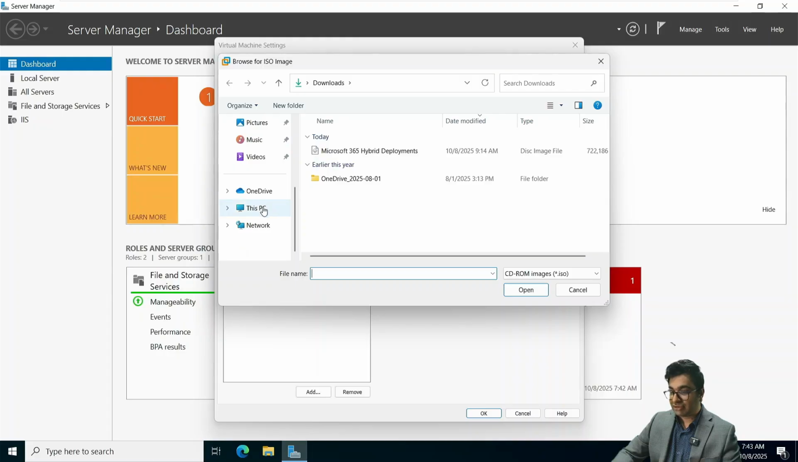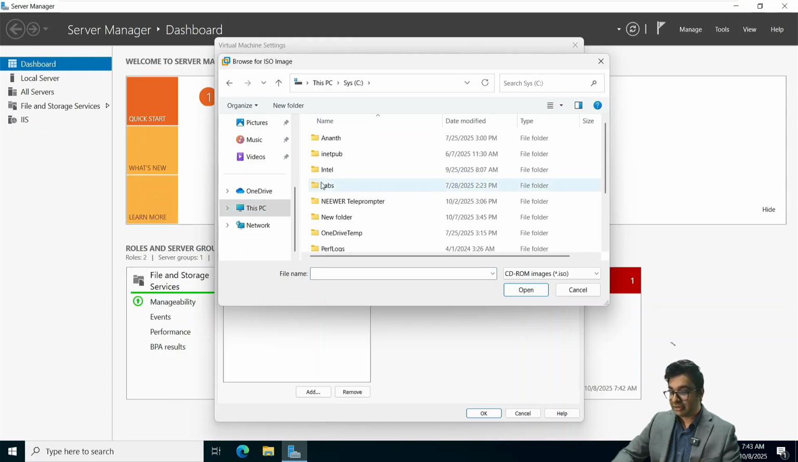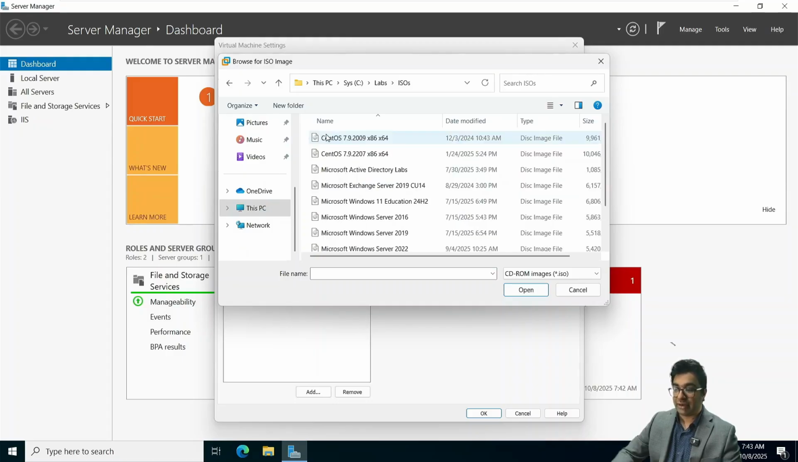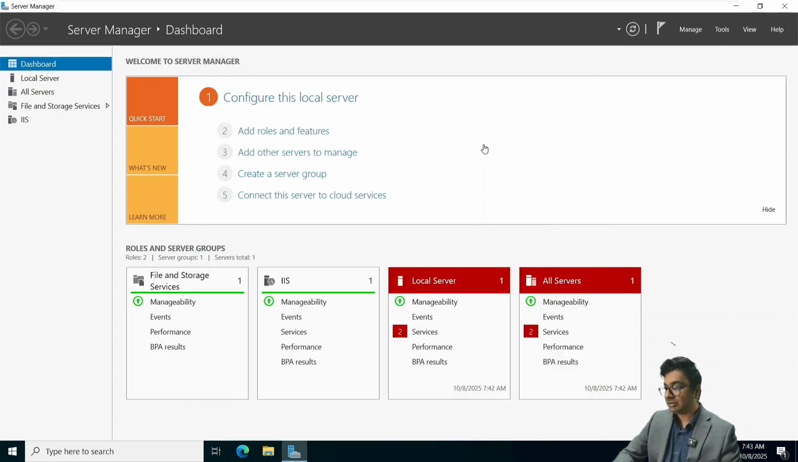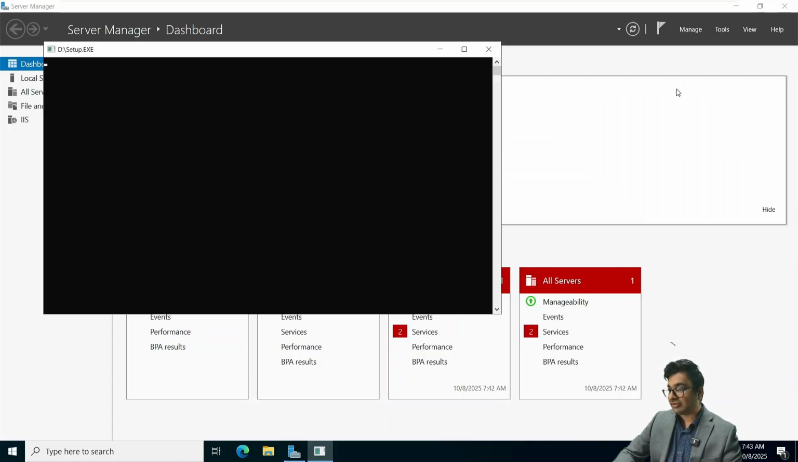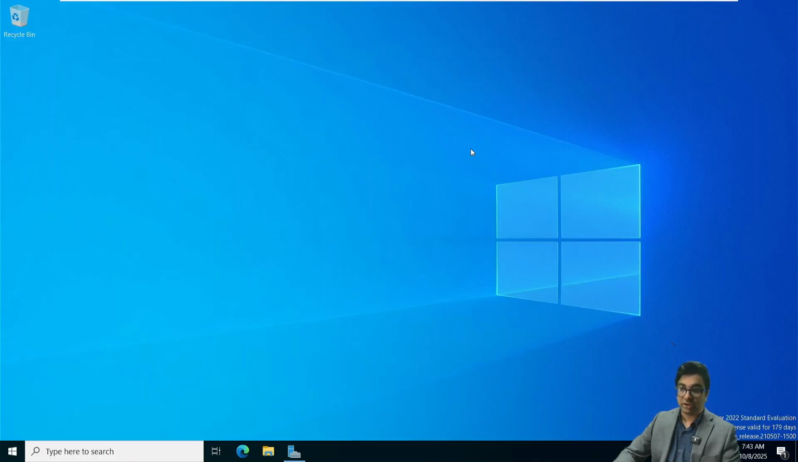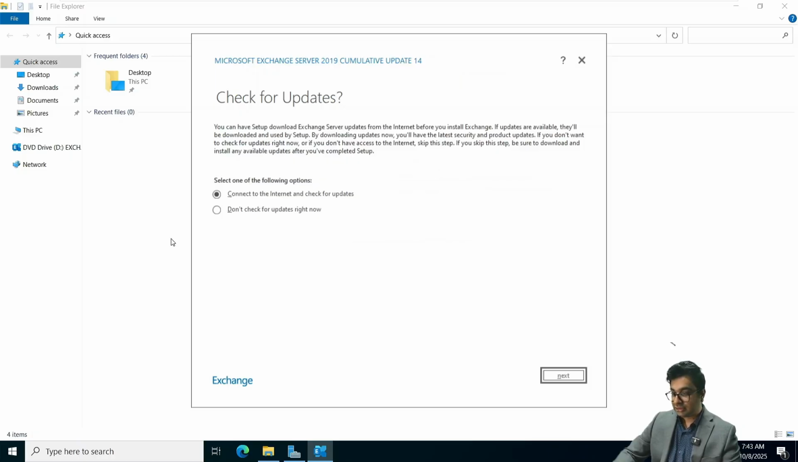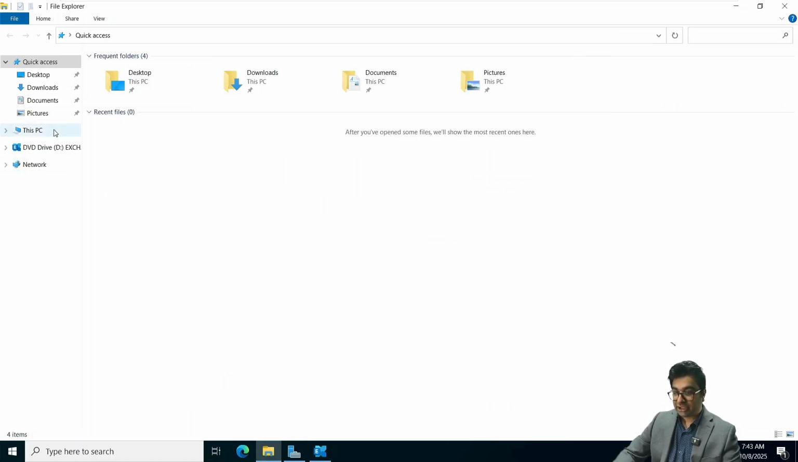Now, remember I mentioned that I like all of my things in one place. This is one of the reasons why, so that I don't have to go hunting for where I have my resources set up. So this is my resources folder here, and this is my Exchange Server 2019 CU14 ISO. Okay. And the moment autoplay starts, I click on autoplay and run setup.exe. Now, in your case, if the autoplay does not work, you can go to this PC,